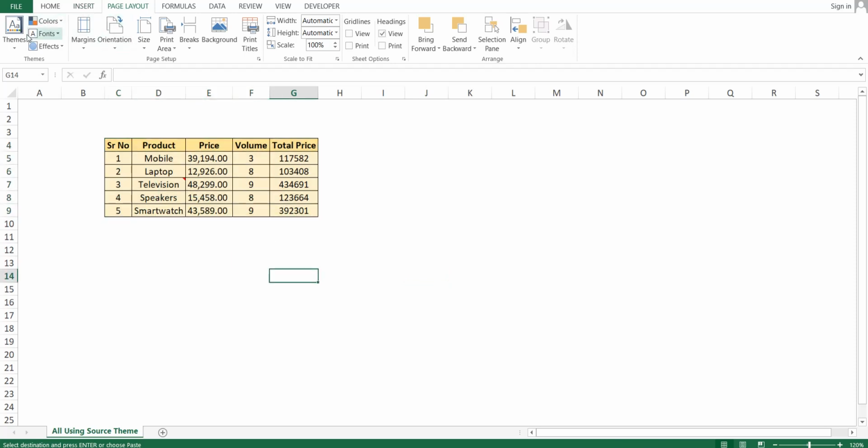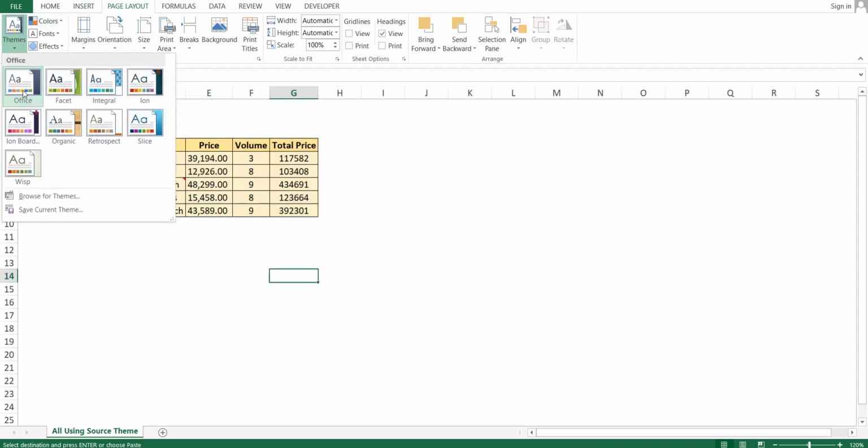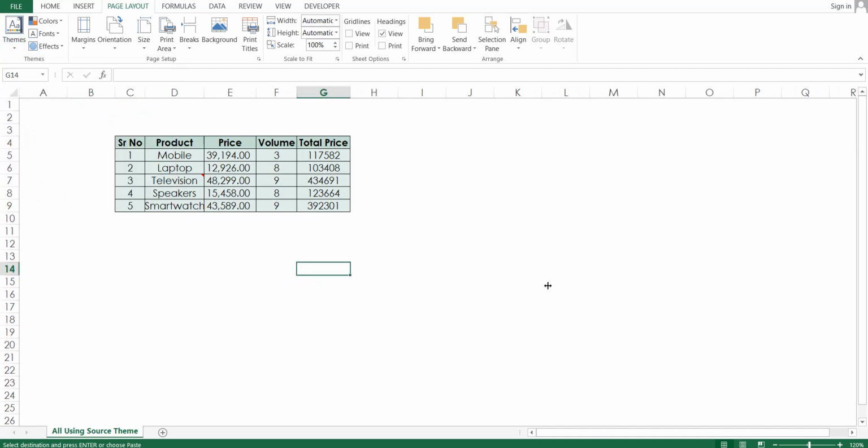So what we will do, we will convert the theme from Office to Ion. Our data will remain as it is, but the formatting style, font, color and all will get changed. So if we copy the data from another theme to this theme, the formatting will get changed.